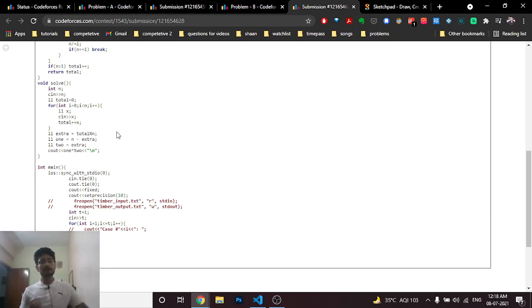So there are two variables, as I have told you. One value is how many tracks have no extra car, where extra means there are some extra cars left which I have to distribute among the tracks. The tracks which do not have an extra car number n minus the extra value, and the tracks which have an extra car number equals the extra cars. The total answer is the multiplication of both of these, which is x into y.